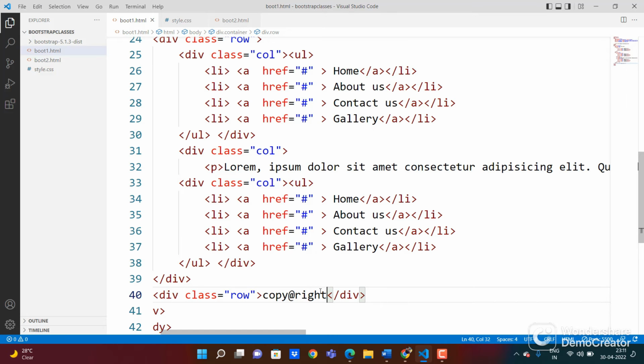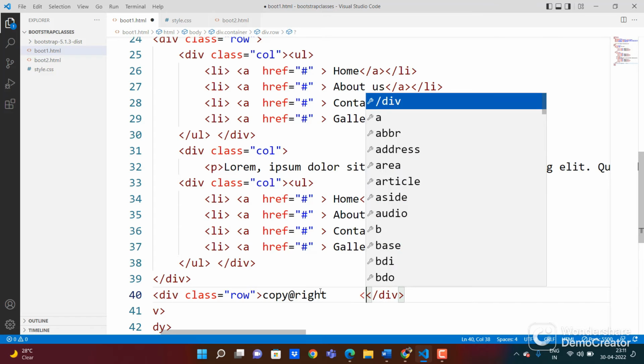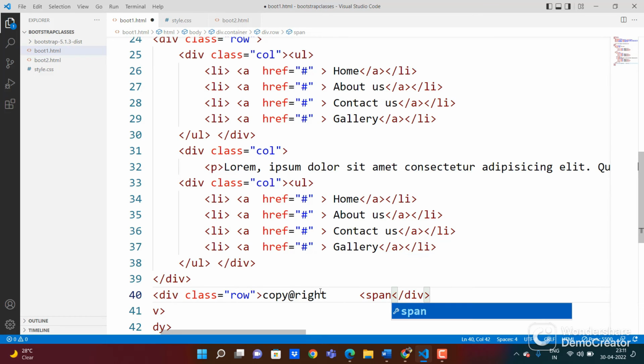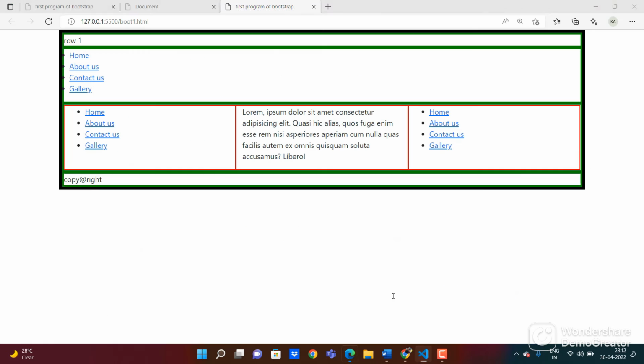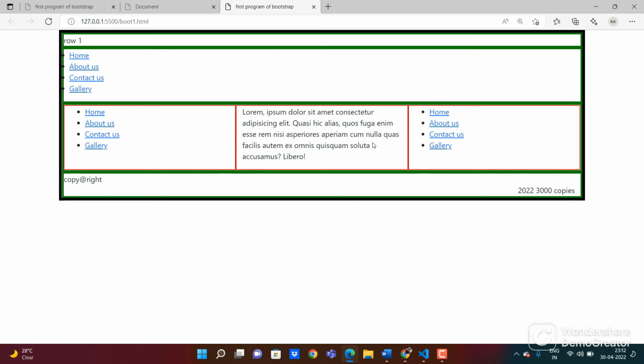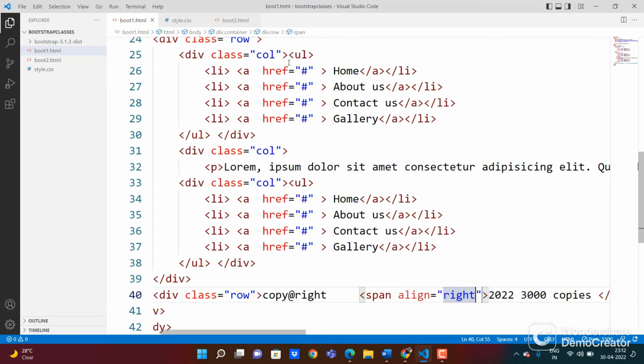Okay, now you can write a span, and write down here 2022, 3000 copies. Okay, and here align is equal to right. Let me check whether it is right. Okay, so this is like a simple website